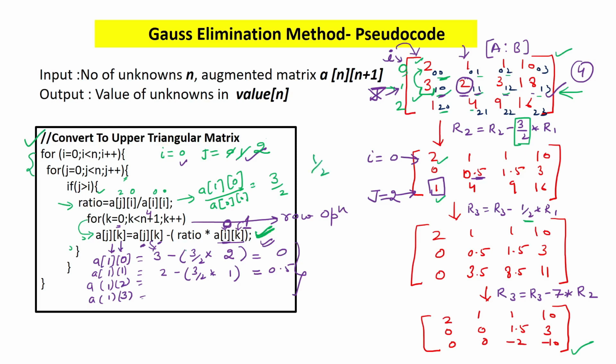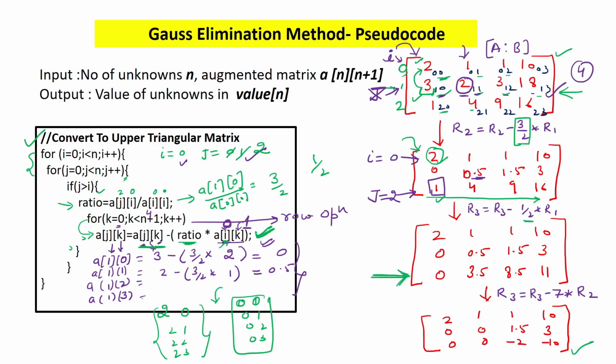So now this ratio will be taken here and all the jth row elements will be changed. So this jk will be actually j is 2 and k is starting from 0, so 2 0, 2 1, 2 2, 2 3 index elements will be changed. That is, this row will be changed and we have to use this row, that means the ith row. So that's why here i is written and i is 0. So that means the 0 0, 0 1, 0 2 and 0 3 elements of the 0th row will be used and the ratio will be applied in between. And finally we will get this matrix.